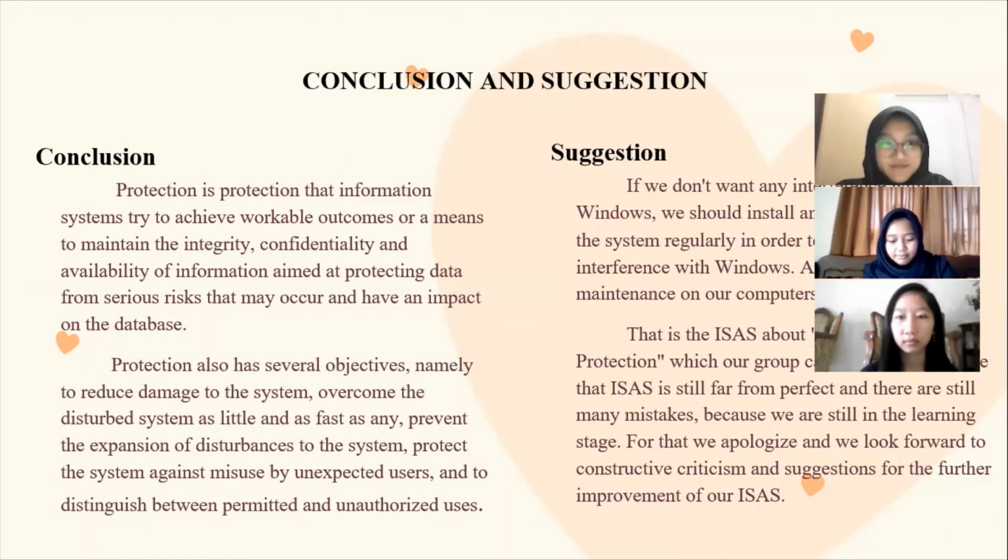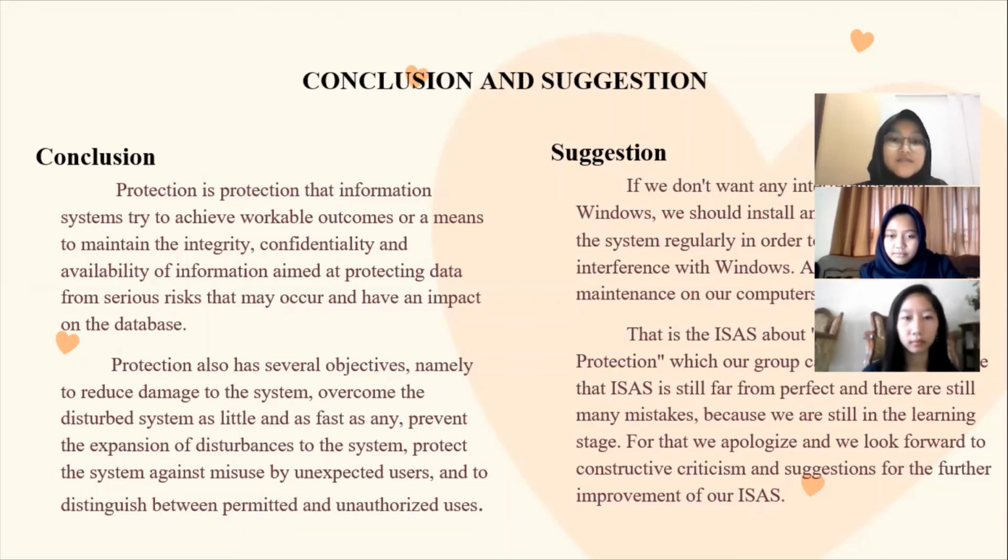Conclusion and suggestion. Conclusion. Protection is how an information system tries to achieve workable outcomes, or a means to maintain the integrity, confidentiality, and availability of information, aimed at protecting data from serious risks that may occur and have an impact on the database.